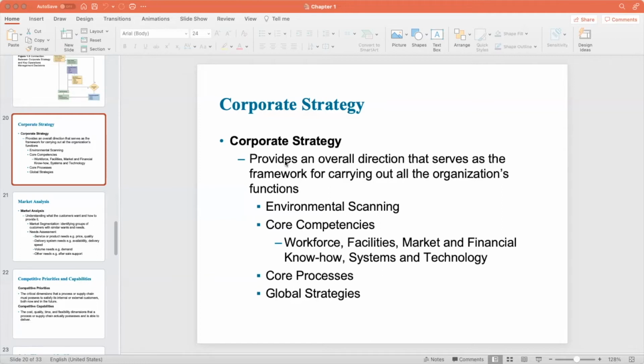Do we have more experts compared to our competitors? Do we have more sophisticated facilities compared to our competitors? Do we have more updated system and technology compared to our competitors? These are all factors that we have to consider. Okay, it depends on the industry, it depends on the specific firms. So the managers, CEO, CFO, they have to consider all these different kinds of factors before they make the corporate strategy. Okay, now